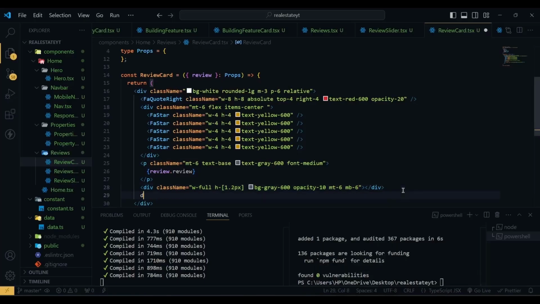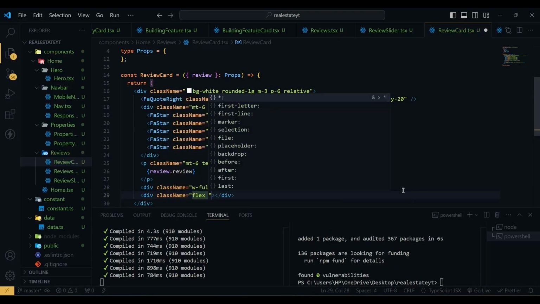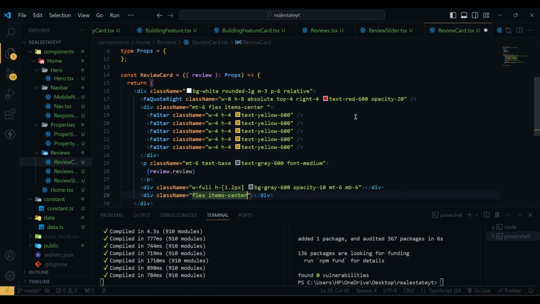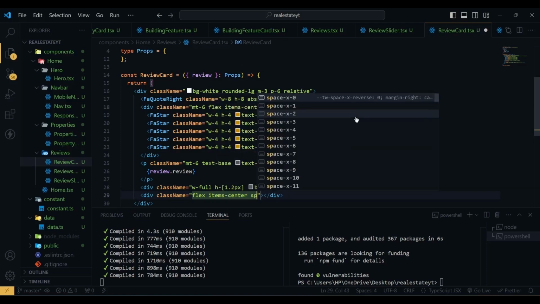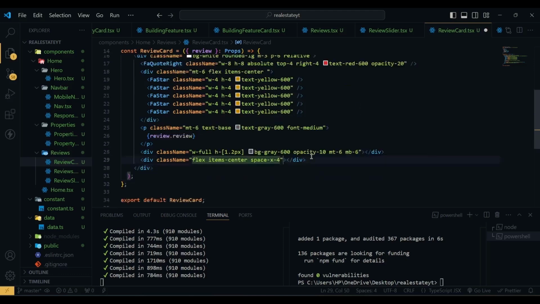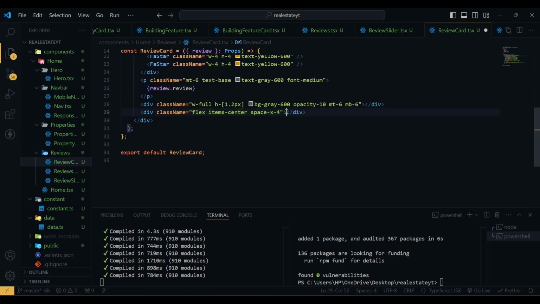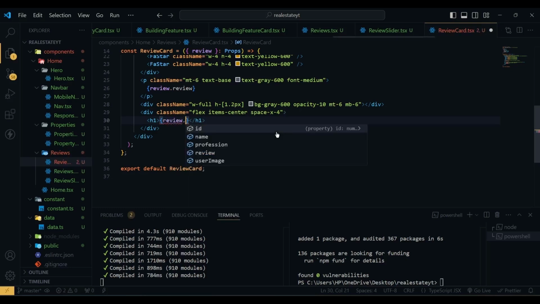So after this div we have another div with class name of flex, items will be center and space-x will be 4. And inside this div we'll have h1 with the text, not user, review dot name. And then